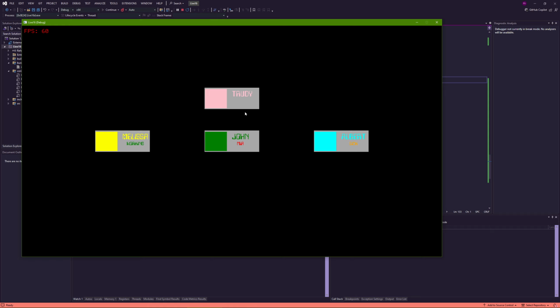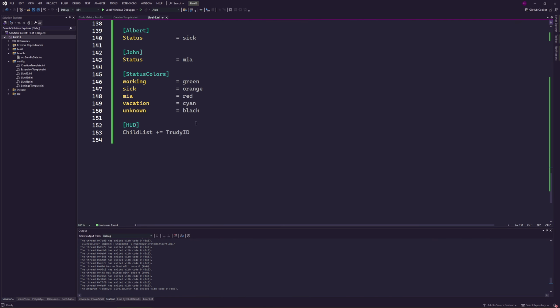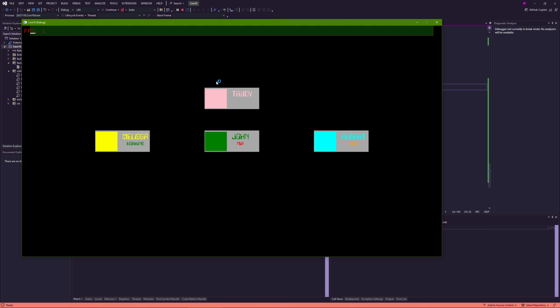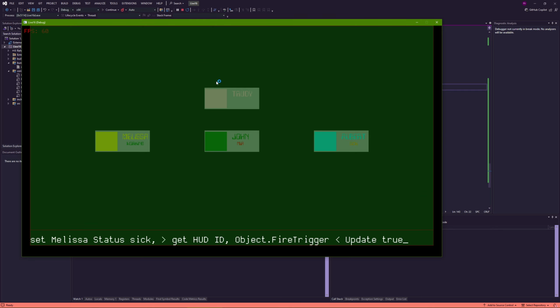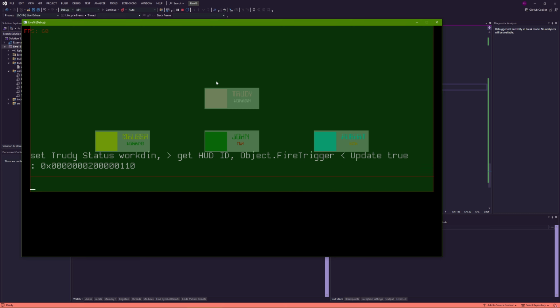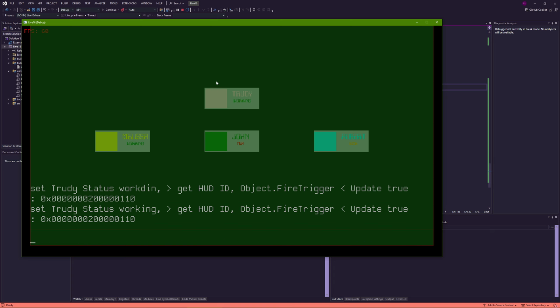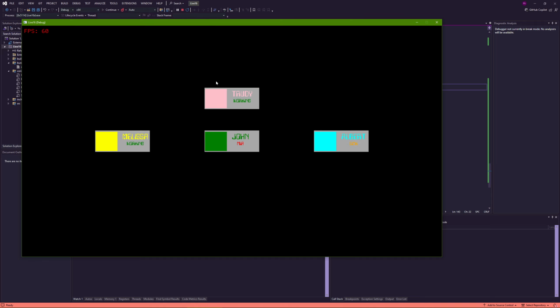Oh, I forgot to put a status, right? If there's no status, nothing is displayed because we didn't give a status to Trudy. Actually, you know what? We can do it live. Let's say there's no status for right now. And because I'm lazy, I'm just going to use this. Trudy is working, status working. And there we go. Yes, there's no color for this status because it's not working. There we go. Trudy is working and it's green and the status has been updated.